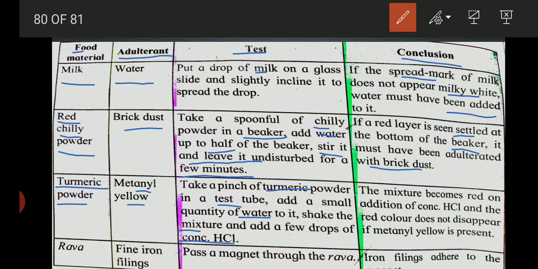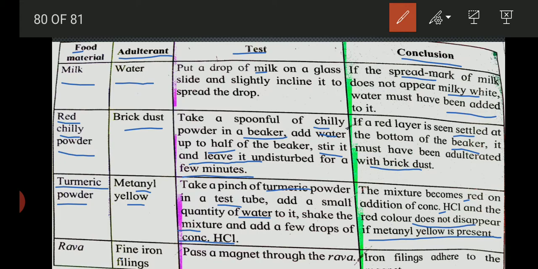Now what are we going to conclude from this? The mixture becomes red on addition of concentrated HCl, and the red color does not disappear if methanol yellow is present. So you can easily make out that in turmeric powder, methanol yellow is added.